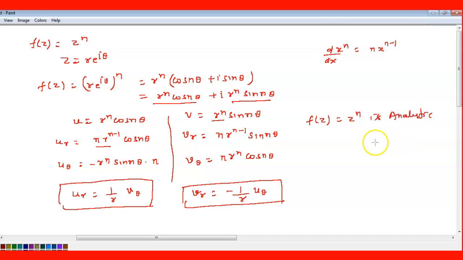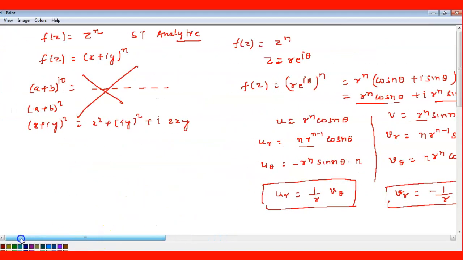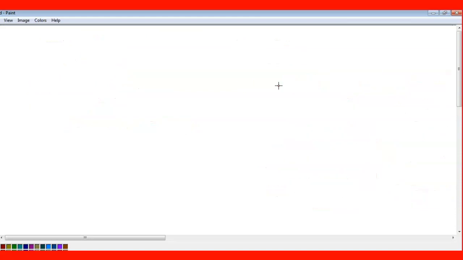Getting here? So here the complex number if you do in the Cartesian form, it will be difficult, that's why you have to apply the polar form. Some questions will be easy in polar form, some questions will be easy in the Cartesian form. So you have to check out which method you can do.